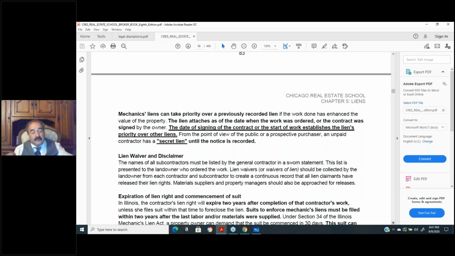Because what could happen, the new owner can be fined anywhere from $500 to $1,000 each day that there wasn't a permit pulled. And they did it years ago. They did the work. They never pulled a permit. I mean, then that could add up to hundreds of thousands of dollars that the new owner will be responsible for. So if you take a listing, they did some work that required permits, you better make sure they have their permits. That's what you have to do.